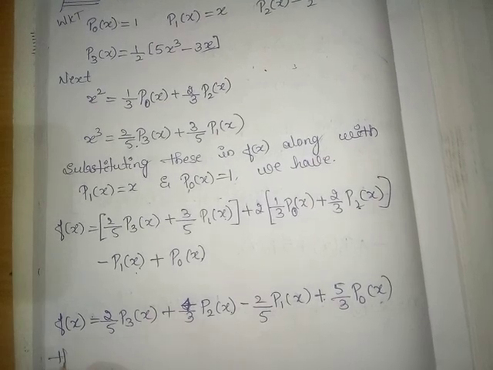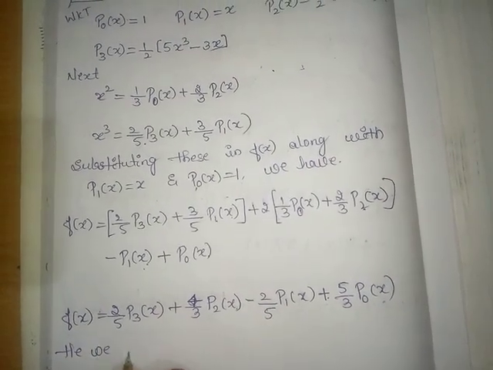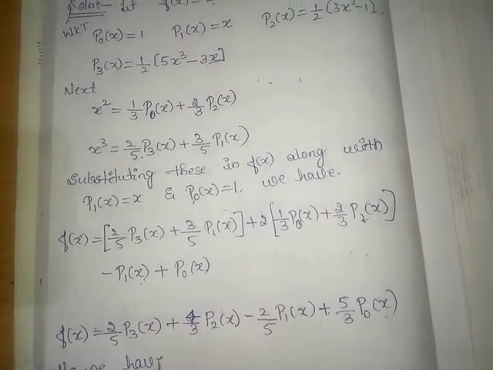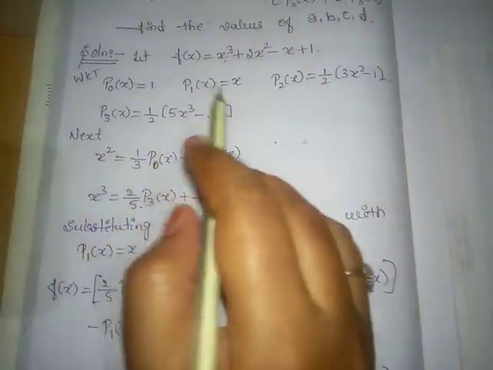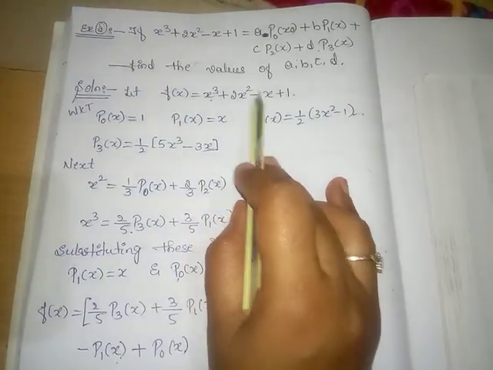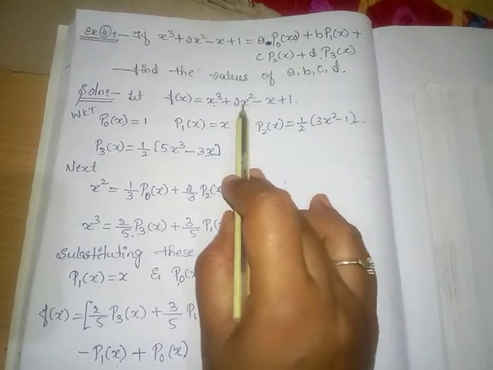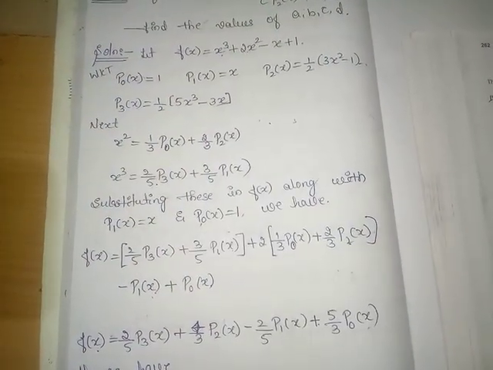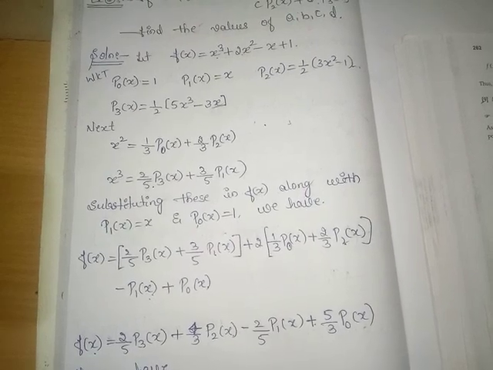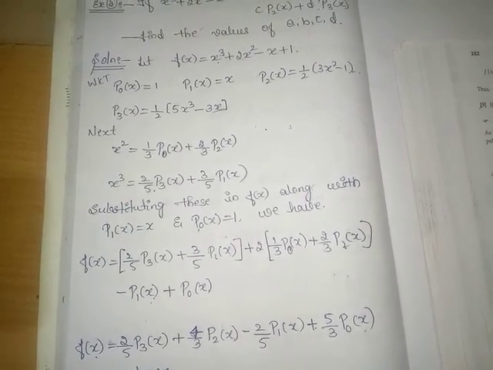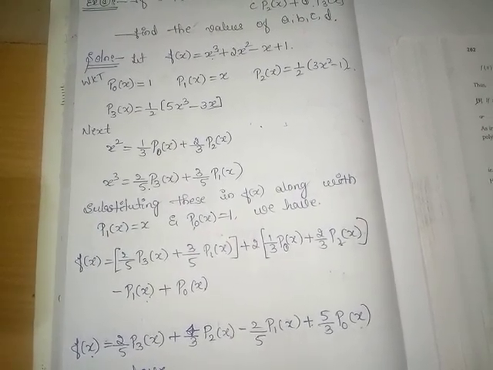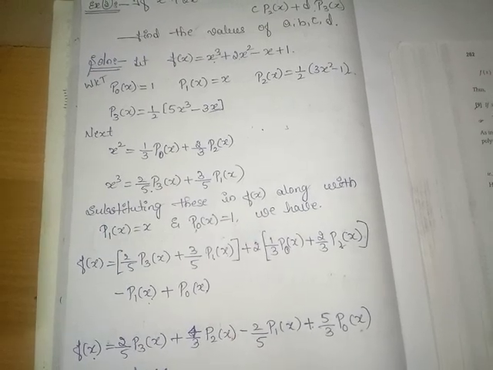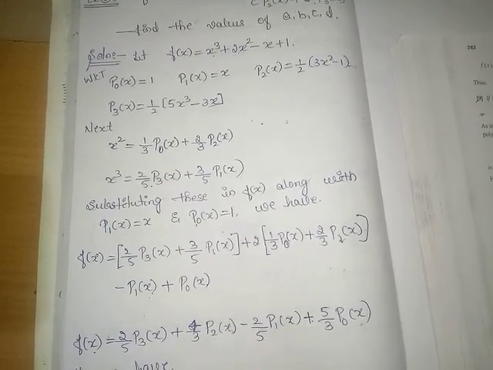Hence, we know that f of x is equal to x cube plus 2x square minus x plus 1, and this is equal to this one. I will write that one: a into P0 of x plus b into P1 of x plus c into P2 of x